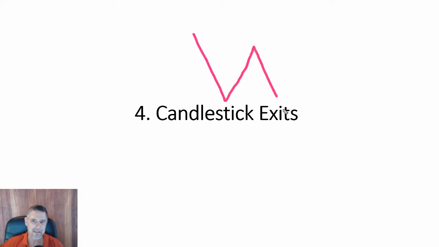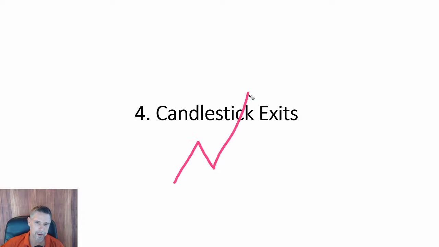Or when prices, let's say, well, let's do an uptrend. An uptrend and it's pulling back into support. Here, here, here. Okay, it says candlestick exits. So I should have just put candlestick exits and entries, right? So candlestick exits obviously help you have more profits. So do entries, right? You get this pin bar right here at support,